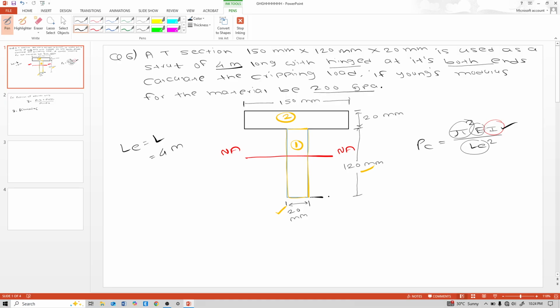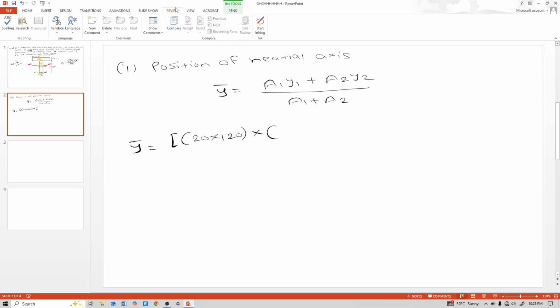Let us consider this as P, and up to here y1, that means 120 divided by 2. y1 means the center of that one rectangle. So the total height of that rectangle is 120 divided by 2, that means this is 60 mm,